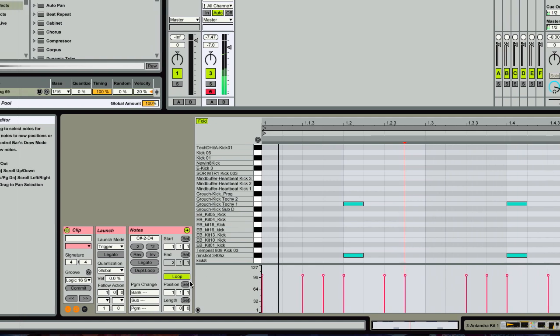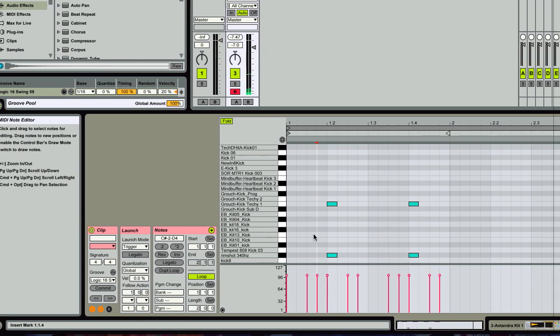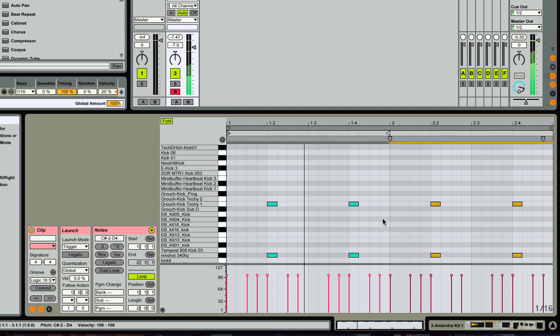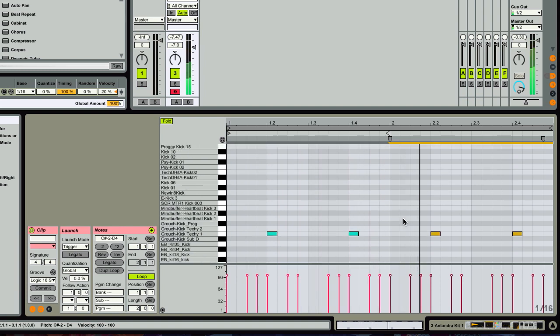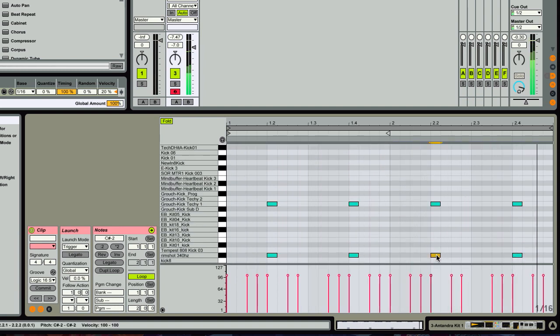You could add variations, so if I double this loop up, can copy this out and create a different pattern here. And maybe I'll add some